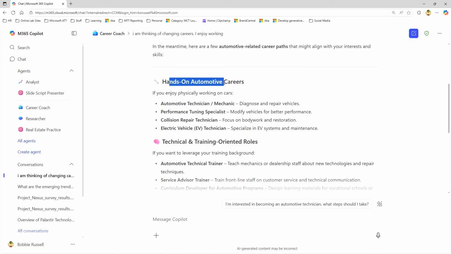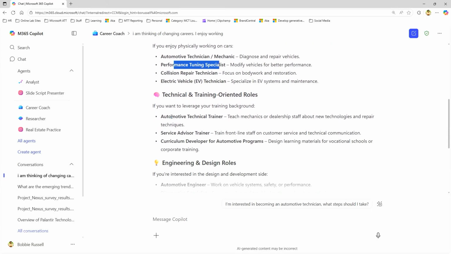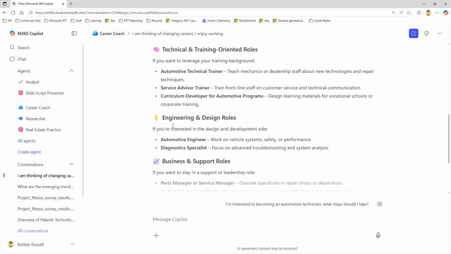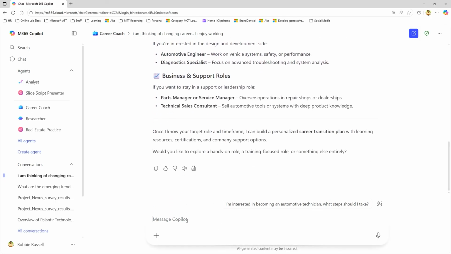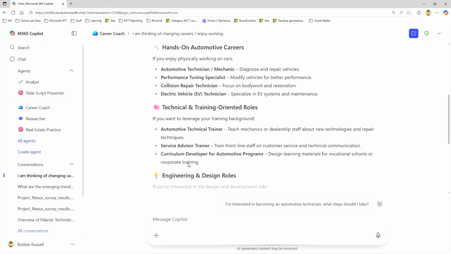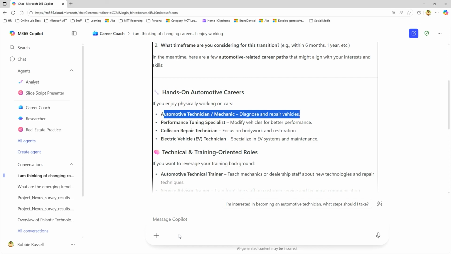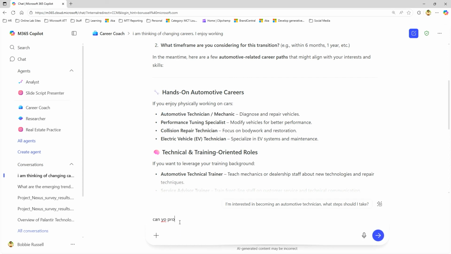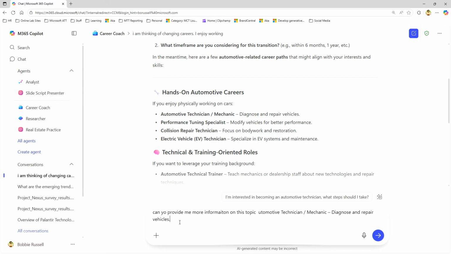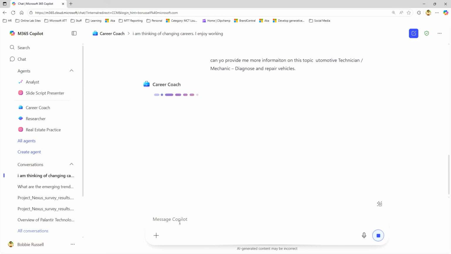Then it gives me some examples of career paths that I can take. Hands-on automotive careers: automotive technician, a mechanic, a performance tuning specialist, collision repair, and so forth. The nice thing about this is it gives me a lot of detail, and I can ask follow-up questions. Let's look at automotive technician, mechanic. I can say, can you provide me more information on this topic? And I'm going to put in here the automotive mechanic,